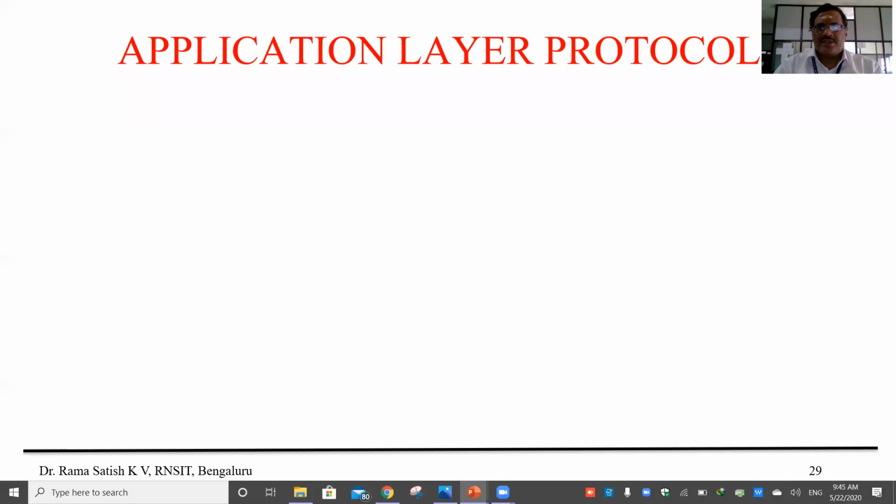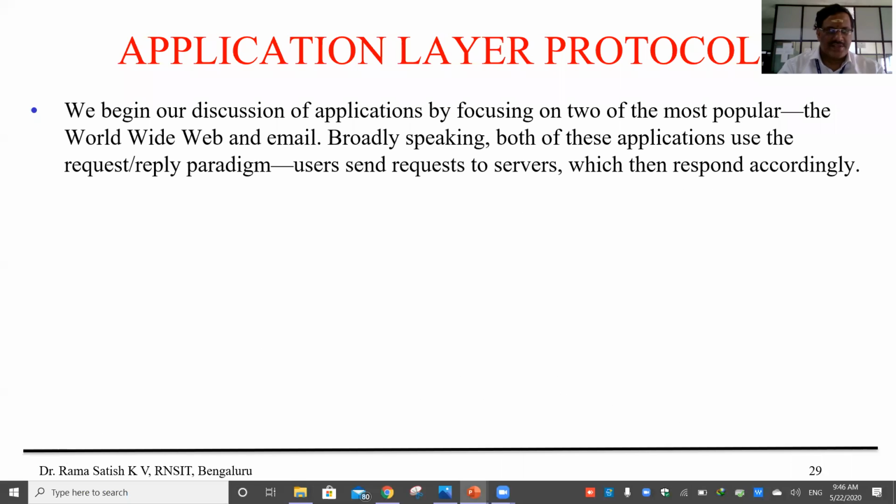The internet-based application layer protocols. If you take internet-based application layer protocols, two components come into the picture. One is the HTTP protocol, another one is the SMTP protocol. SMTP, you know very well, is mainly used for controlling, transmitting, and delivering mails. HTTP protocol is used for all internet transactions. We'll discuss the same thing.